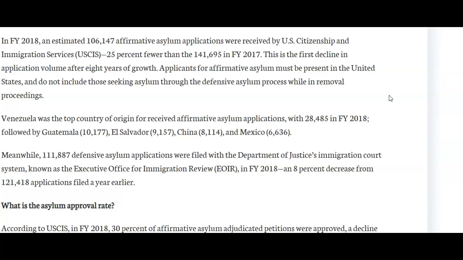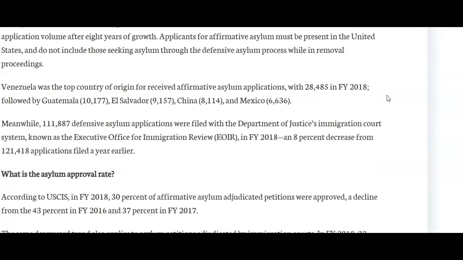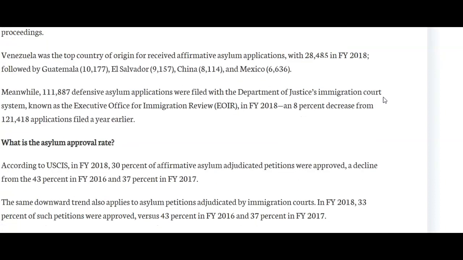Applicants for affirmative asylum must be present in the United States and do not include those seeking asylum through the defensive asylum process while in removal proceedings. Venezuela was the top country of origin for received affirmative asylum applications, with 28,485 in FY 2018, followed by Guatemala, 10,177, El Salvador, 9,157, China, 8,114, and Mexico, 6,636. Meanwhile,